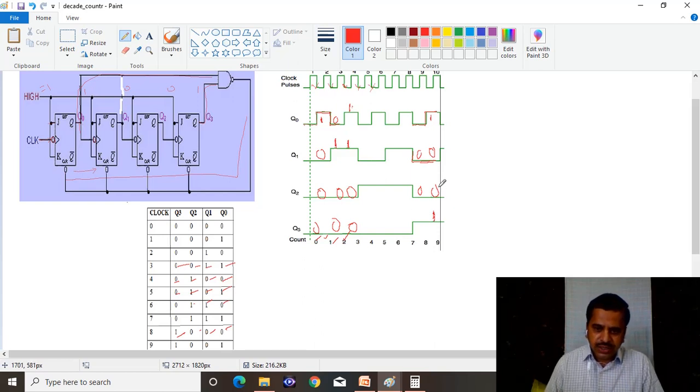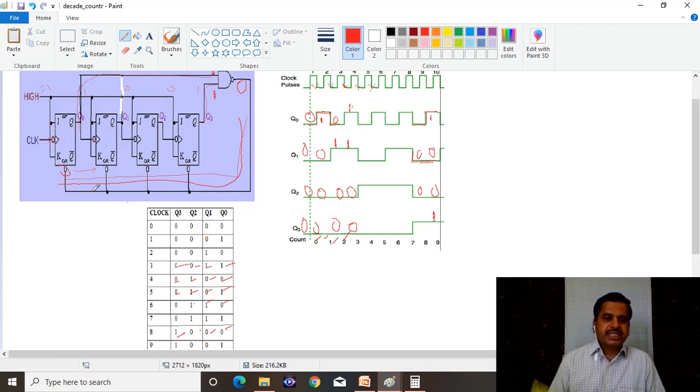When it reaches 1, 0, 0, 1, the input to the NAND gate is 1 and 1. When the input to the NAND gate is 1 and 1, the output will become 0. When the output becomes 0, automatically the 0 is applied to the reset pins of all 4 flip-flops. When all 4 flip-flops' reset pins receive 0, automatically the flip-flops reset to 0. Again returning back to the 0 position here. Again it continues after the 10th clock pulse. In this fashion, the mod 10 counter works.